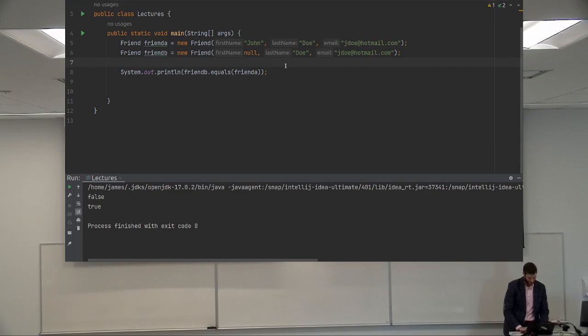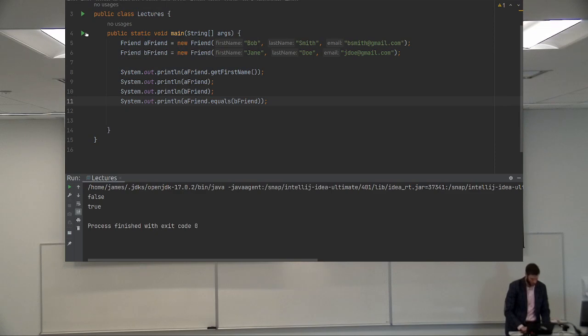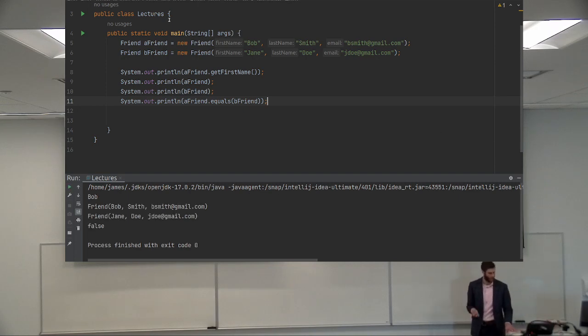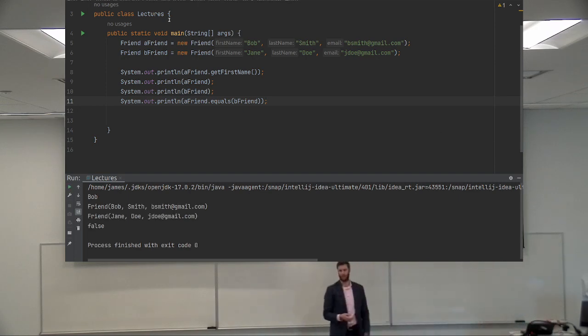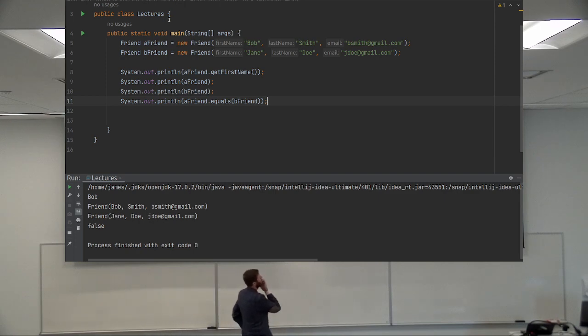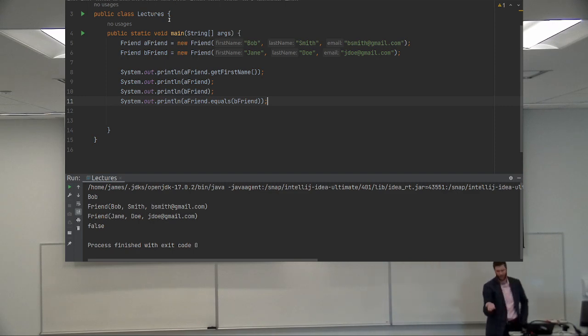So let's copy and paste this code into here and just see what the output is, because why not? I mean, without looking, I would expect to see Bob, and then whatever the respective toStrings would give me, based on how the toStrings were written. And the a_friend.equals, well, that's false because Bob and Jane and Smith and Doe and bsmith@gmail and jdoe@gmail, they're not the same. Cool. So, this is creating instances and using the instances of the friend